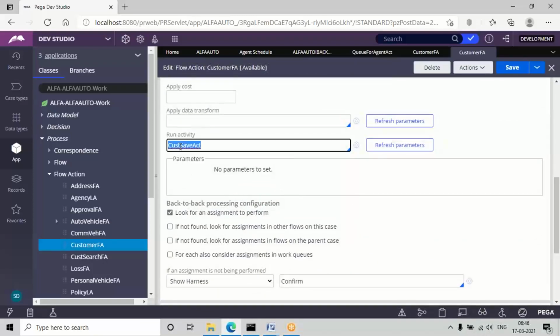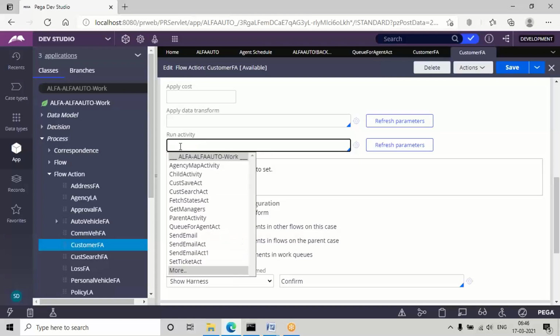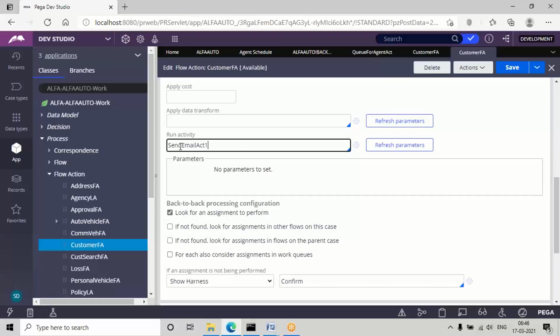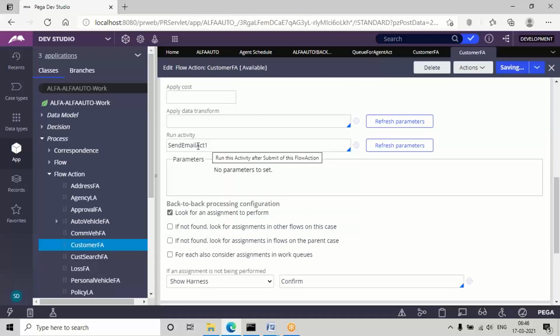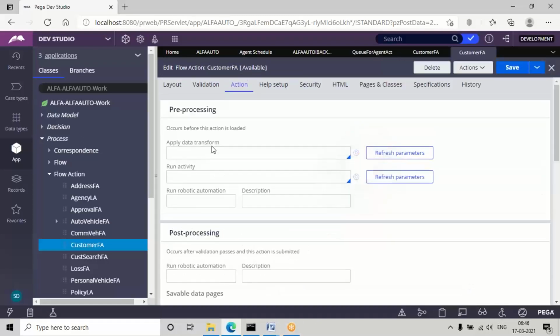Maybe one rule is already there, so I'm removing that now. I'm going to call this one. Maybe sometimes in Personal Edition it will not execute properly. Don't worry. I'm just giving the activity in the customer design; like that, in real time, for whichever UI design you're going to perform this action, you can provide it in the flow action rule.